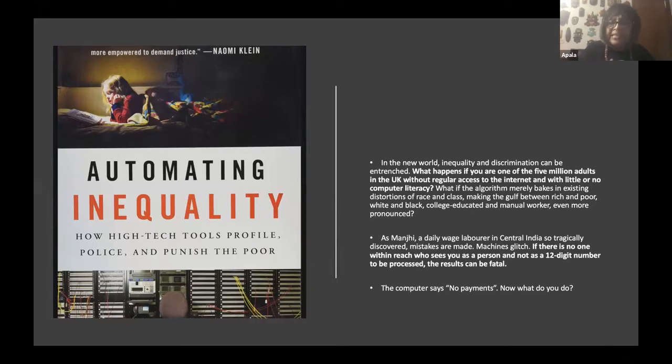And this created a lot of hue and cry about, well, how are we designing these systems? Why is it that we do such a great job when we are designing for big e-commerce platforms or large entities where designers are involved and they're given a lot of space to do their work, to use their abilities. But when it comes to systems that are for public welfare, public utility, suddenly there seems to be no need. Is it because the people at the other end who are the users are just invisible? They are the subaltern, so one doesn't have to pay any attention to them.